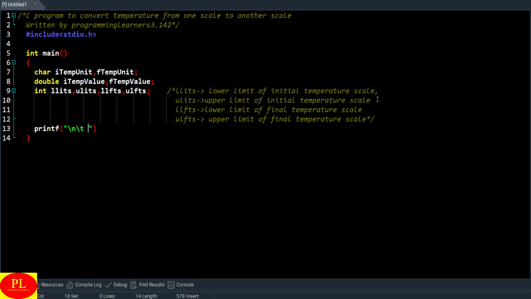Let the heading be in uppercase letters. The heading will be temperature conversion